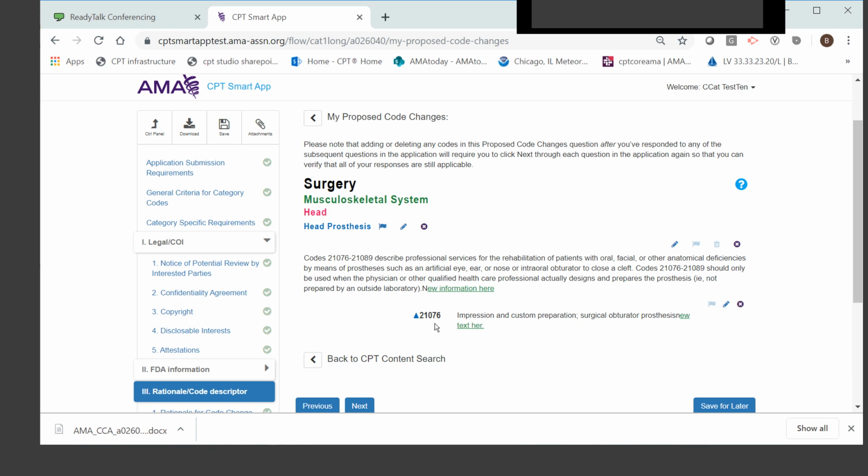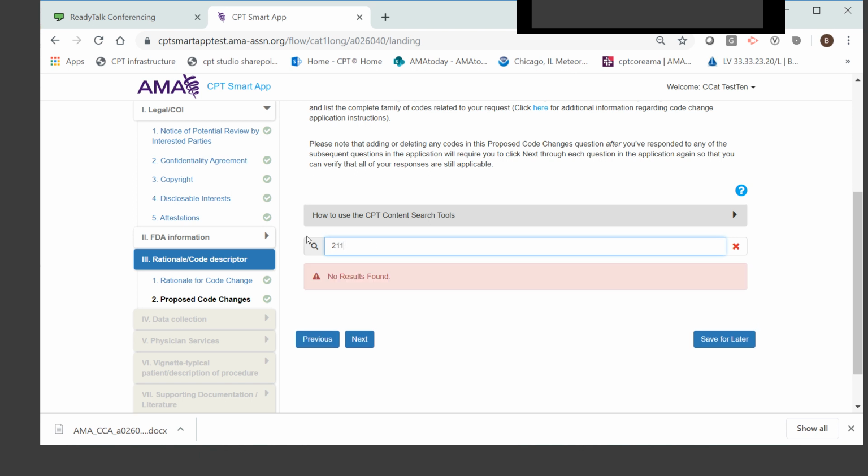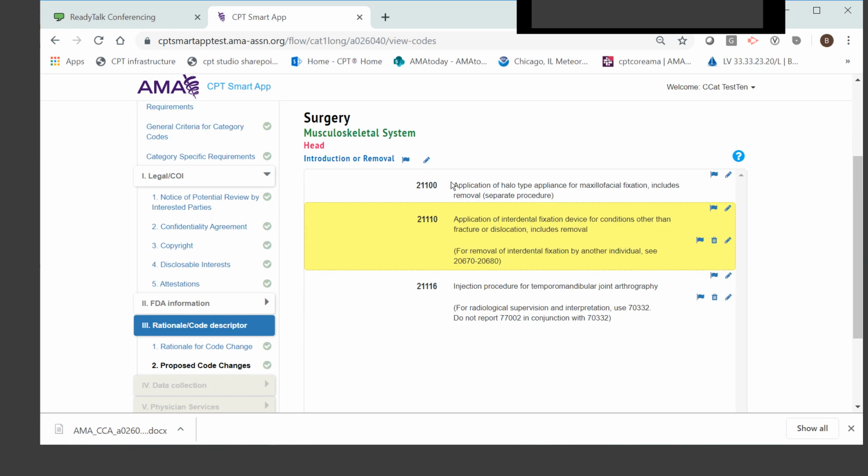Think, all right, so I've changed this code, but I also want to add another code below it. So I am going to go in and search for a new code. Let me search for, and here's another code. I click into that, and you can see I've got a standalone code and another standalone code, 3 standalone codes, and then my parenthetical. So what I'd like to do now is add another code underneath